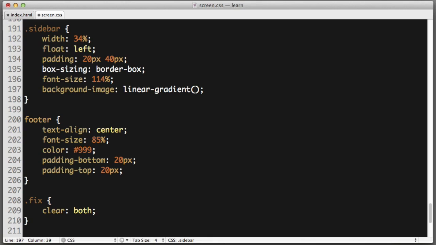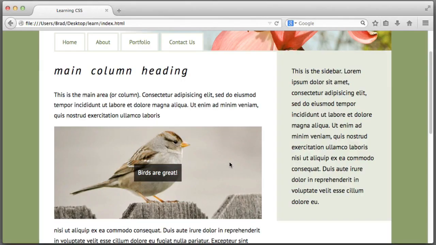So first we specify which direction we want the gradient to flow. So I will say to bottom, comma. We then specify what color we want to begin with. So I will paste in the hexadecimal color code for that green value, comma. And then we specify what color we want to fade to. So I'll input white. So if I save and refresh in the browser,